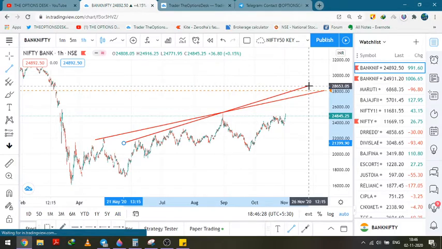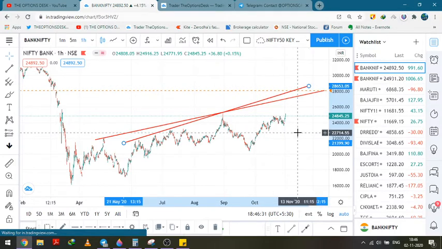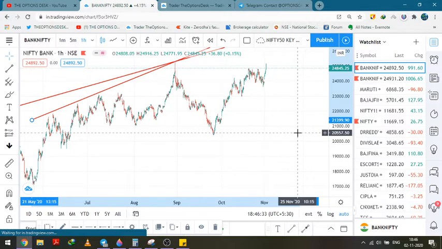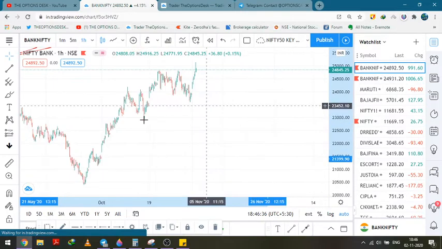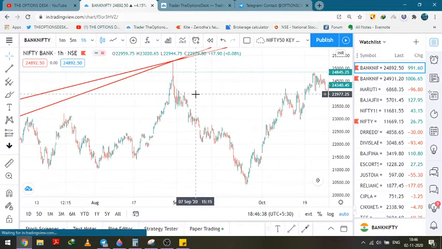These are the two trend lines which can act as a resistance for the Bank Nifty on the upper end. Now let's mark the intraday levels first. For intraday levels, you can mark the levels going on the previous data, because the previous data is too less.